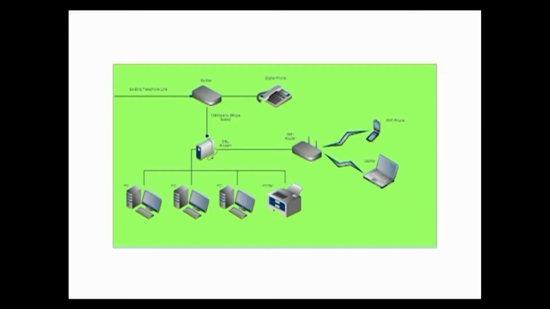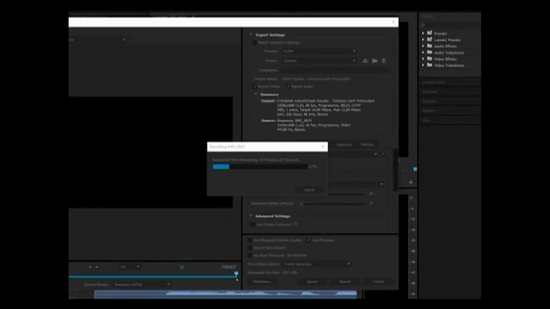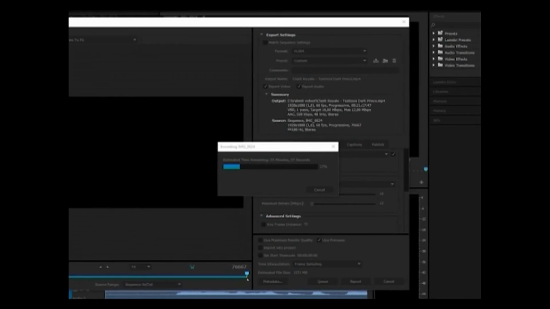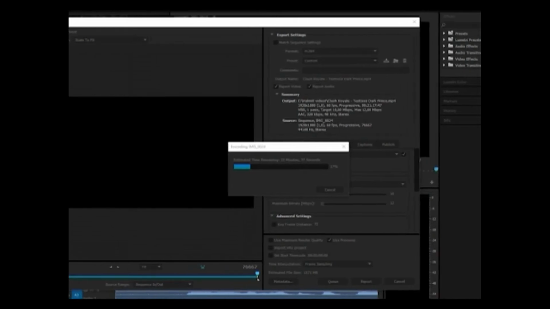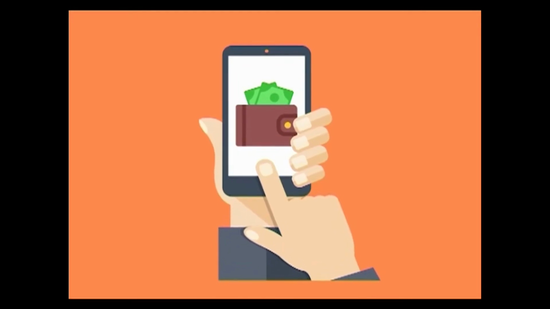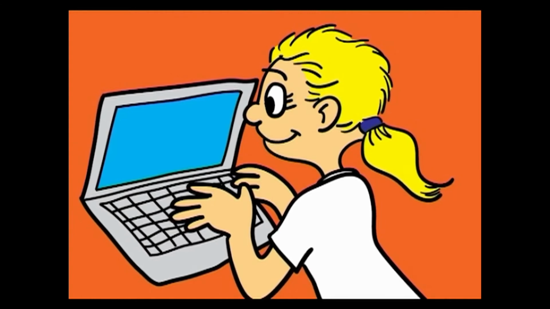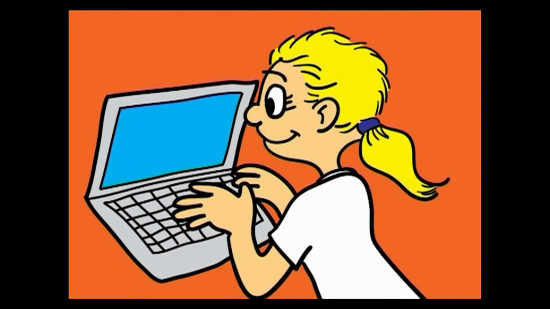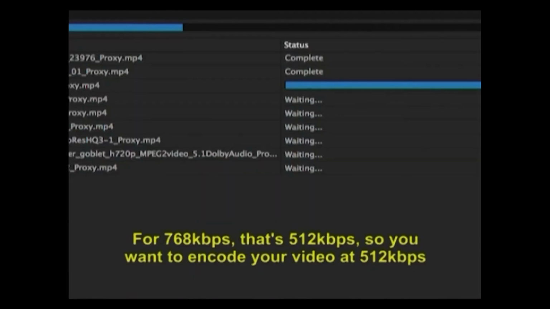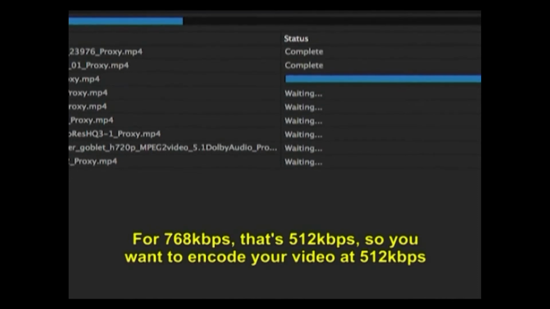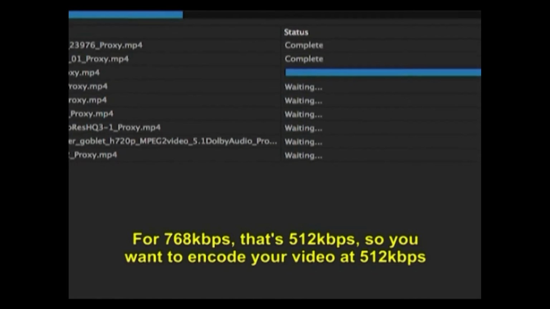The slowest broadband connection you're going to find is probably the 768 kbps DSL connection. This is the peak data rate. So, if you're thinking you should encode your video at 768 kbps, you're setting yourself up for trouble. If you're reading this, you're paying for an internet connection. Does it always perform at the peak rate? Probably not. If you want people to be able to progressively download your video in real time, you need to take the lowest target connection speed and reduce it by 1/3. For 768 kbps, that's 512 kbps, so you want to encode your video at 512 kbps.